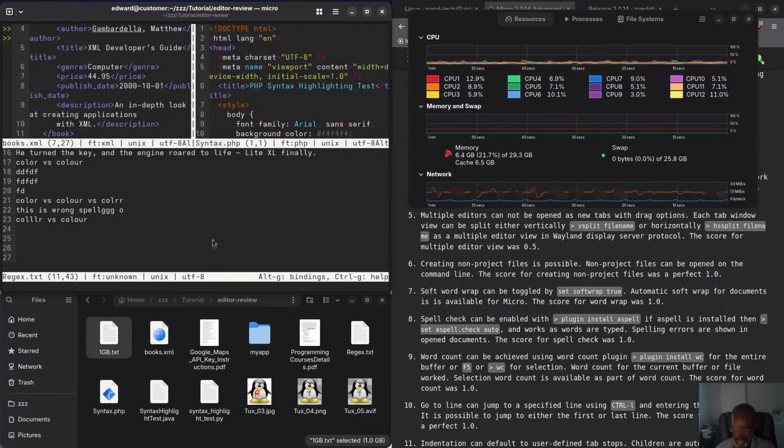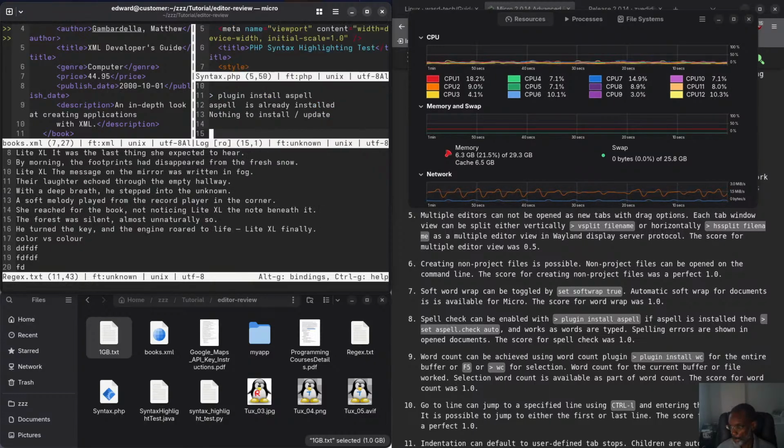I'll install it again. So let me click here because I don't want this to be marked up. So I clicked in here, Control E, and then you just type plugin space install aspell. So you can see here it says plugin install aspell, it's already been installed. Nothing to install, and you see it already did a